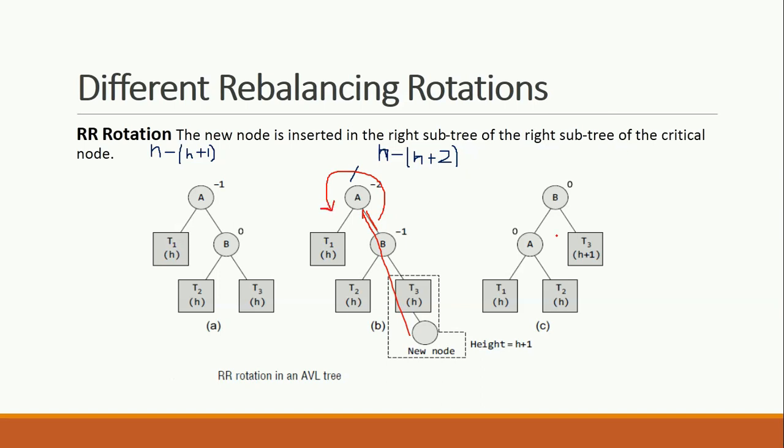You can see here, A has gone into the left subtree and then T3, since one node has been added, that would be h plus 1. That is still in the right subtree of B. T1 is still present in the left subtree of A. About T2 that we have to handle here: T2 is the left of B but right of A. I am saying again, T2 is left of B as a left subtree, but it is right to A. So you can insert it here in this way.